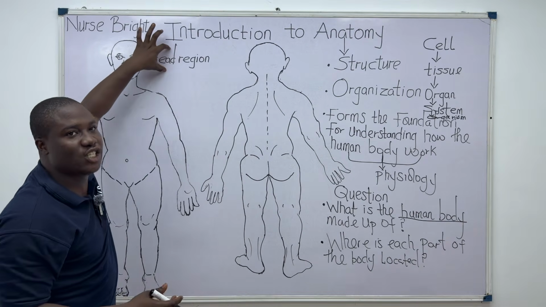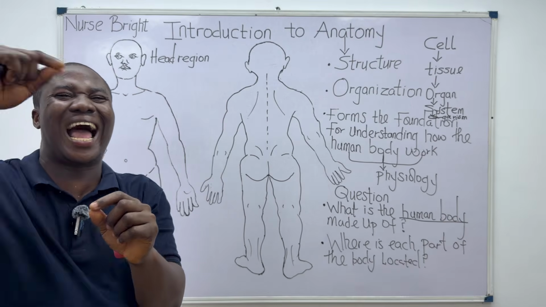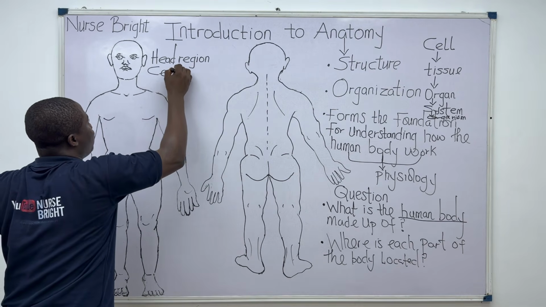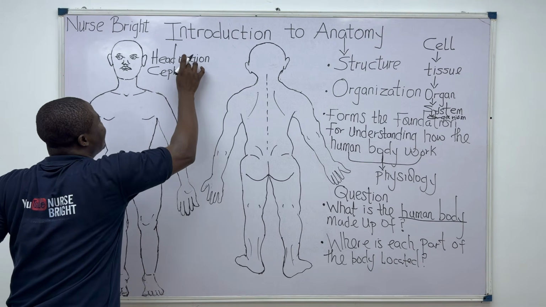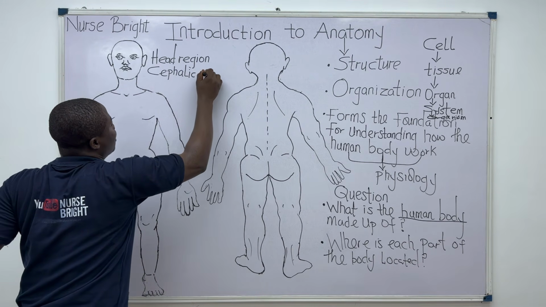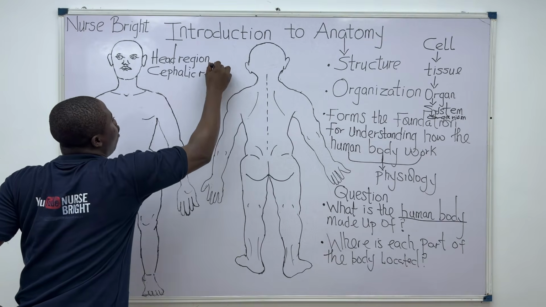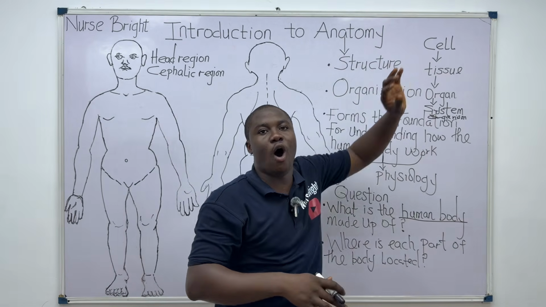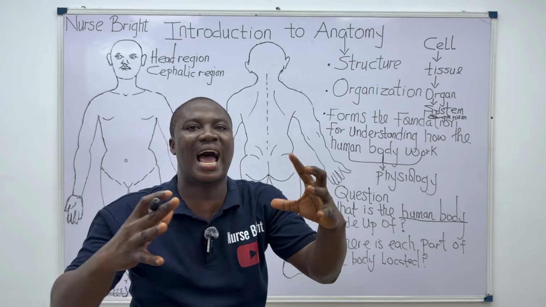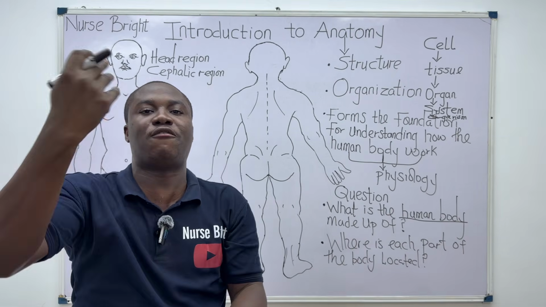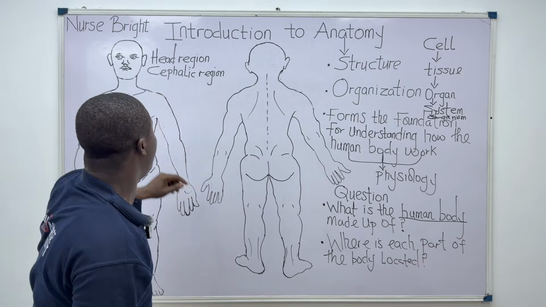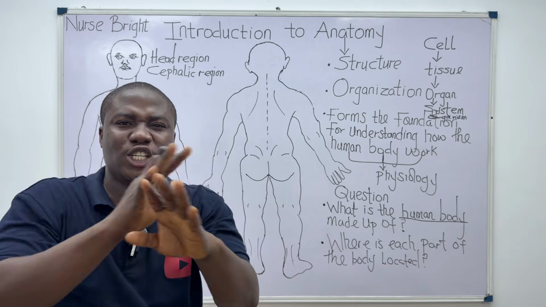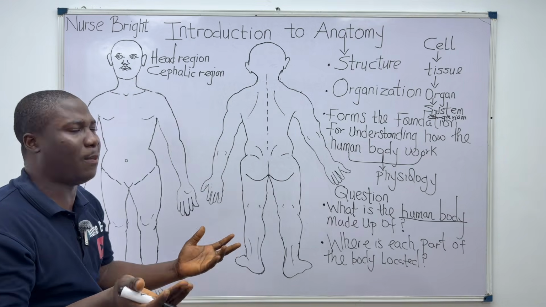Like the head region of the body is called, anatomically, the cephalic region. Are you there? So pay attention. All these are essential. So you can see what I'm talking about. So we said that when all of these structures of different sizes and complexity are organized together, they form different regions of the body. So this is the head region. The head is made up of different structures. Hope you are aware. We'll talk about that.